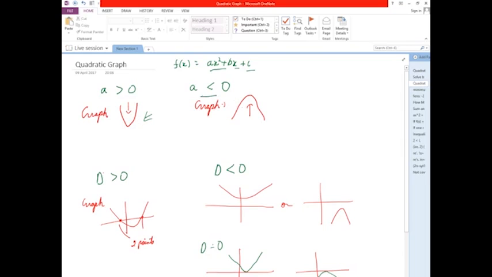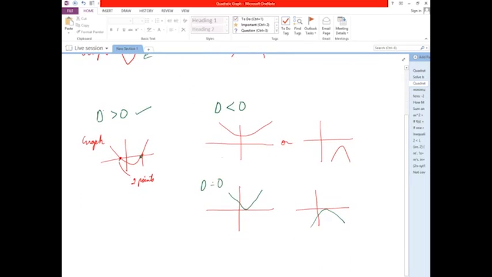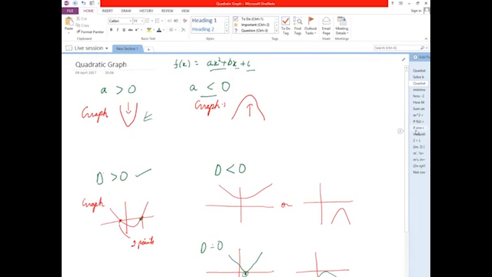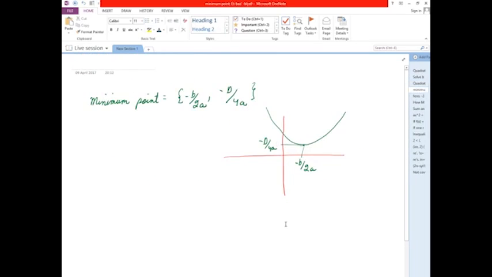While if a is less than 0, then the graph will open downwards. The other thing you need to know is if the discriminant is greater than 0, then the graph will cut the x-axis at 2 points. If the discriminant is less than 0, the graph will not cut the x-axis. And if the discriminant is equal to 0, the graph will just touch the x-axis. So these are the three cases. And based on this, you can at least get a feel of how the graph will be. For example,